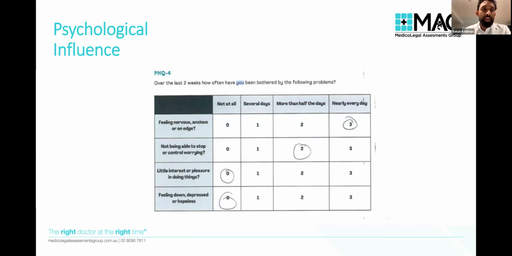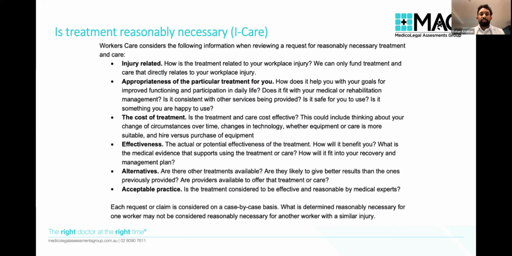And since 2014, a paper by Schiffman et al., if you've got some spare time and want to do some reading, it was a landmark paper in pain in terms of looking at the psychosocial or emotional affective factors that need to be considered for a person who is experiencing chronic pain, and what level is their psychosocial state impacting on their pain experience. So this is a great questionnaire for us to look at whether this is a big factor or not. So is treatment reasonably necessary? This is straight from eye care.